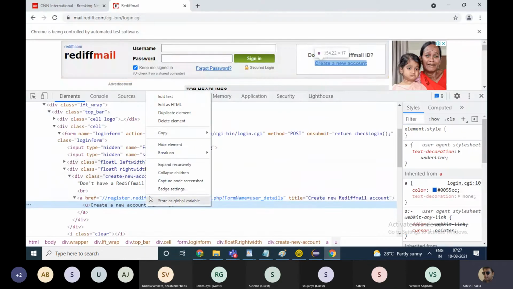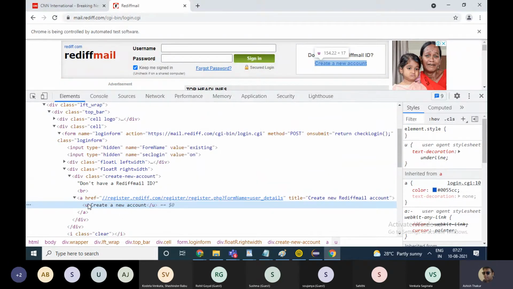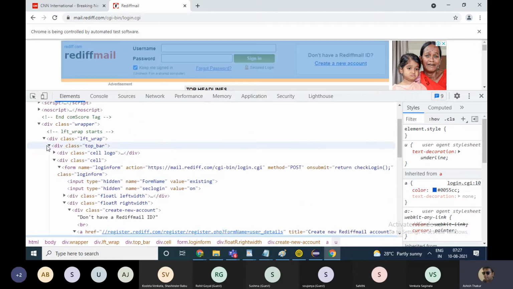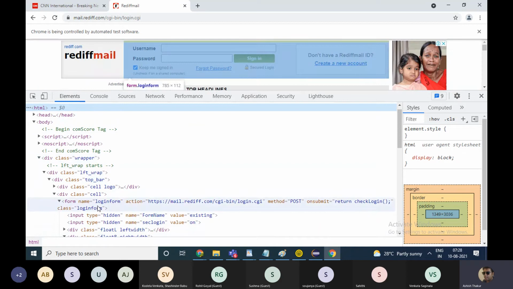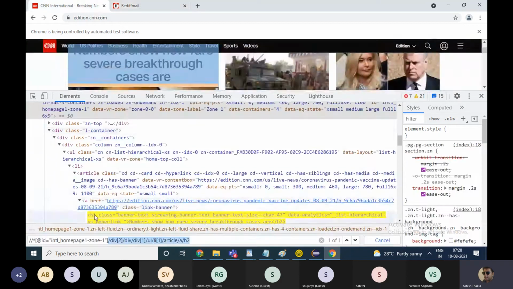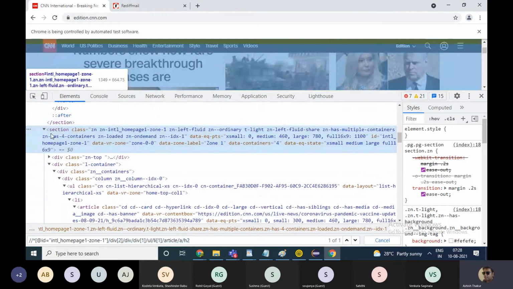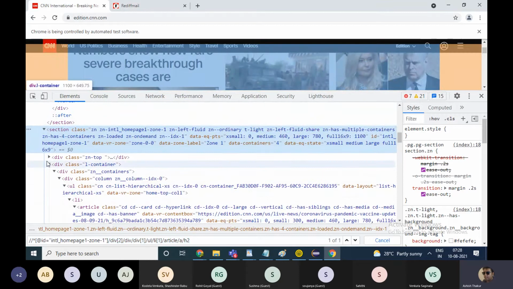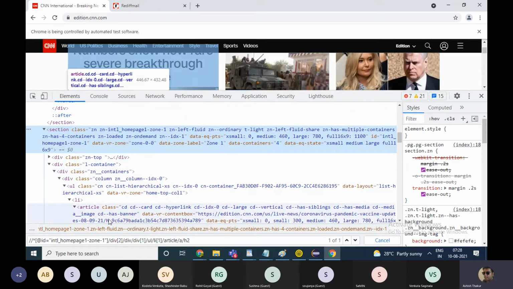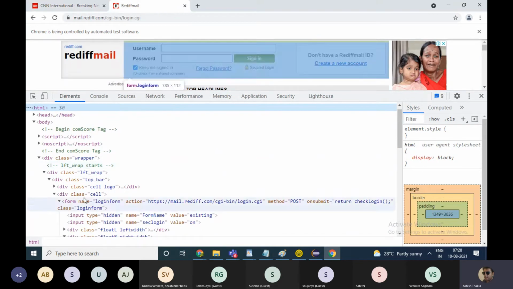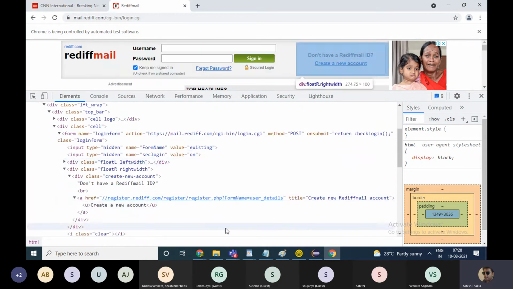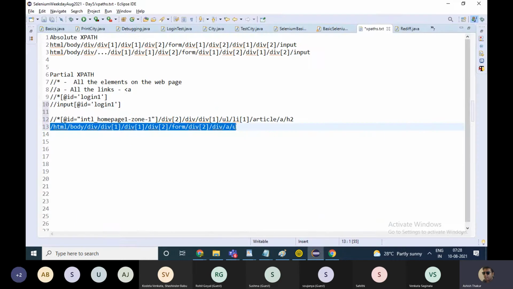Okay, I copied the partial XPath, but I got the complete XPath because when it traverses above, it finds no element which has an ID. So it reaches the HTML tag and simply builds the complete XPath. Over here, when it was traversing, it was able to find an element somewhere which had an ID, so it started building the XPath from there. Okay. So if you don't find any element with an ID, it gives you the full XPath.